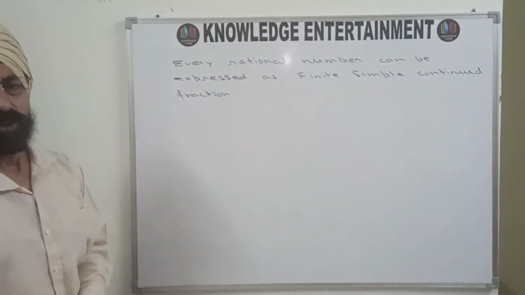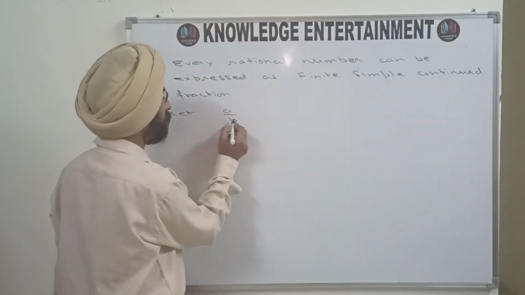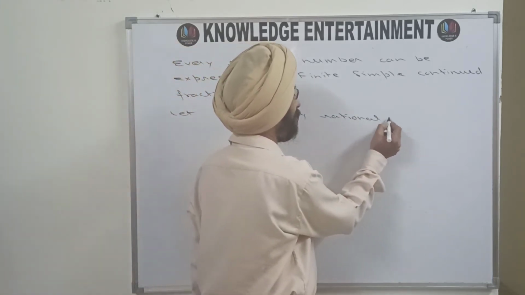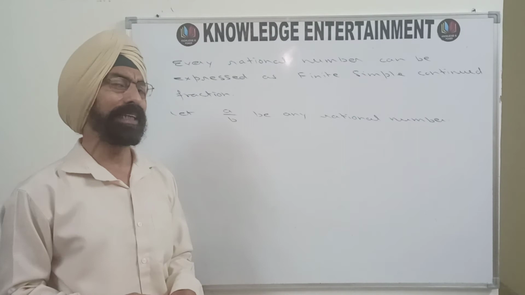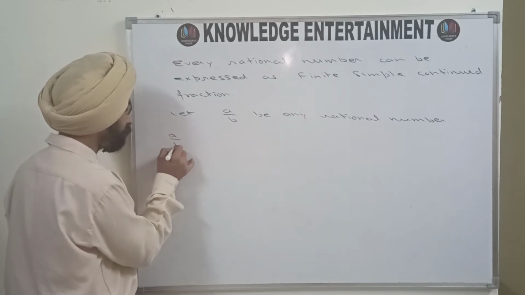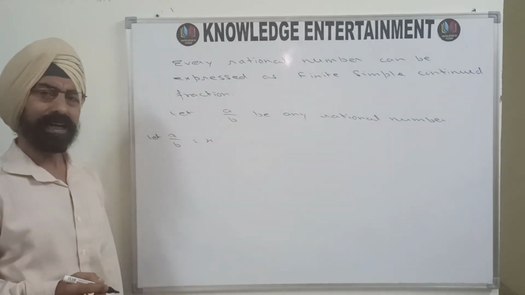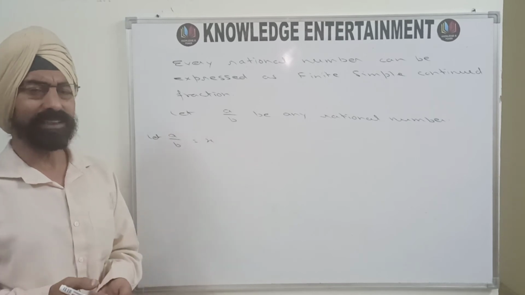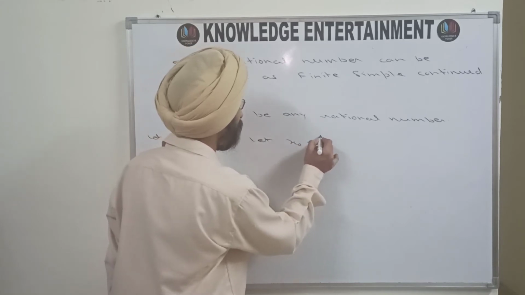Every number. So let us start with some number. Let A upon B be any rational number. So what are we to show? We are to show that this A upon B can be expressed as a finite simple continued fraction. And it's very easy. So you have A upon B. Let it be X. It is a rational number. Definitely it will have some integral part. It will have some fractional part. So let X naught be the